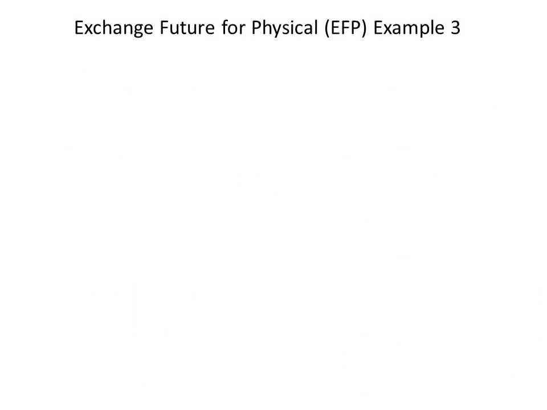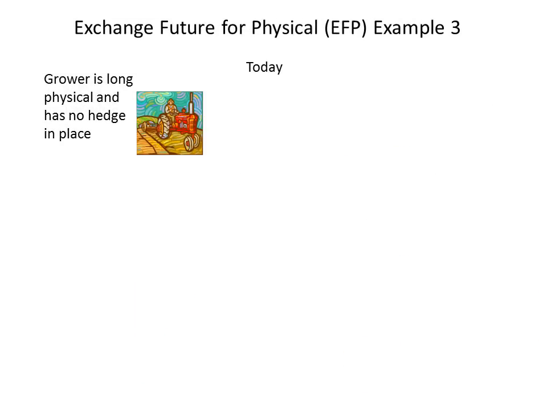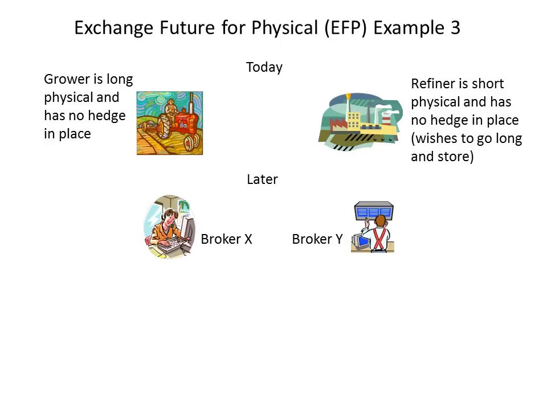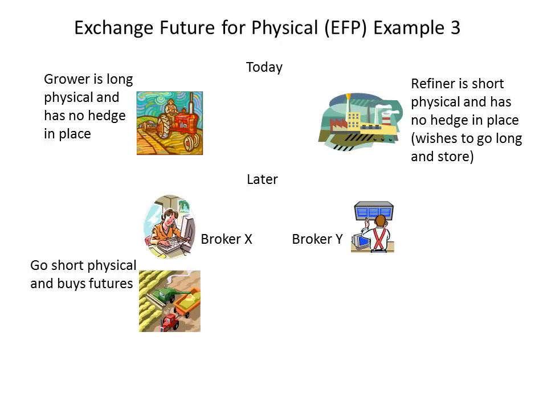Let's look at one more example of an exchange future for physical. Suppose we are a farmer or a farmers cooperative and we're long the physical but have no futures hedge in place at the moment. Notice also that the refiner is short of the physical and also has no futures hedge at the moment and wishes to, in a short while, go long of the physical, not to consume the physical but to store it. Now, later, suppose via their respective brokers, the farmers cooperative delivers the physical to the refinery,